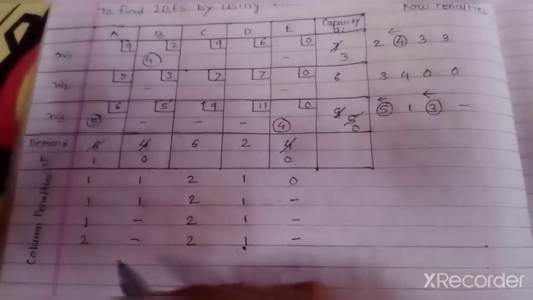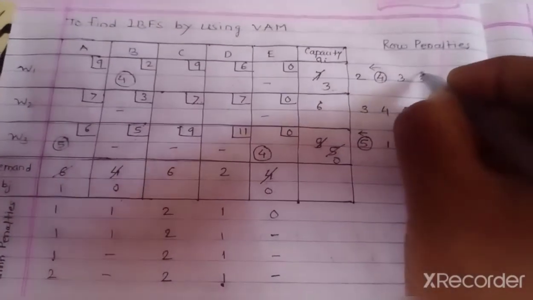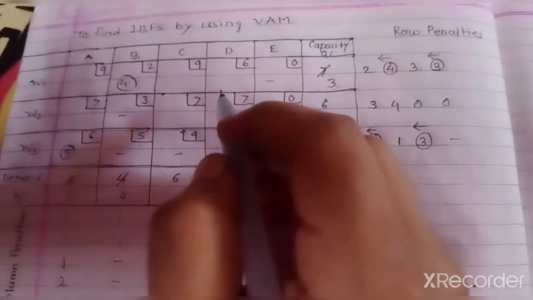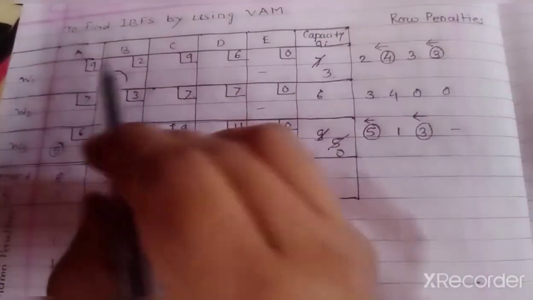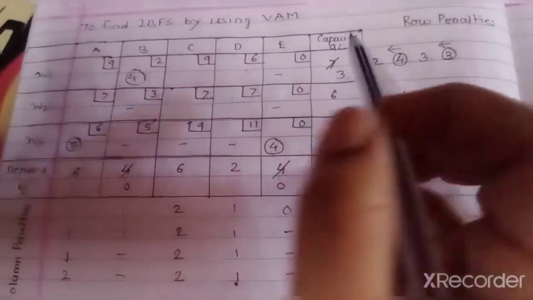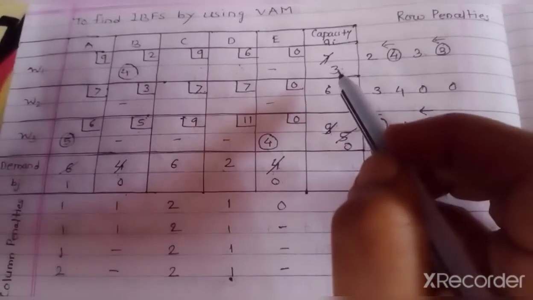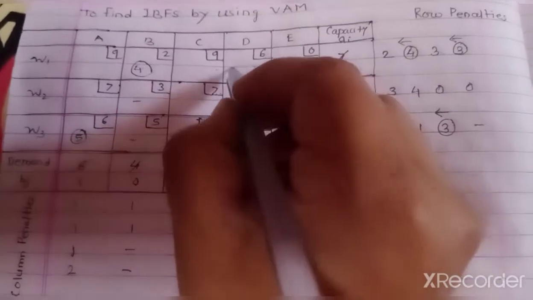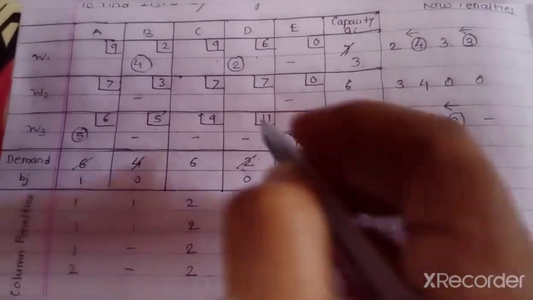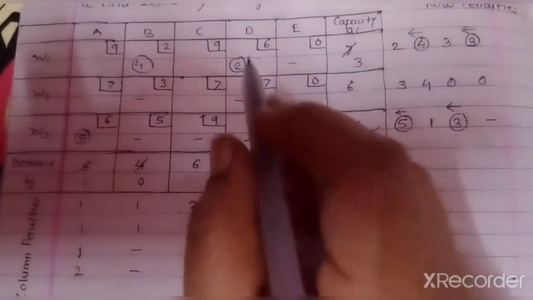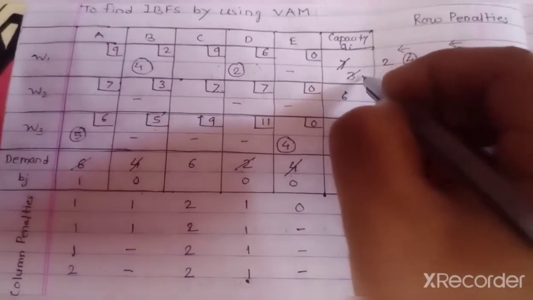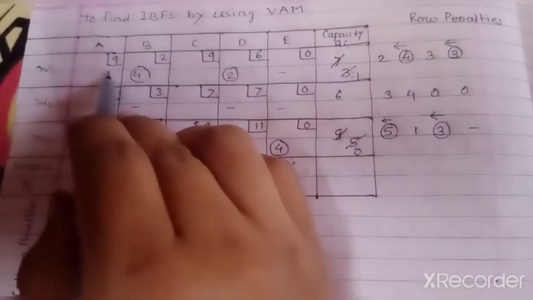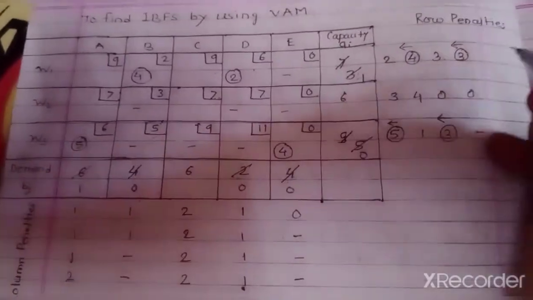Among all the penalties, 3 is the maximum, so we choose this penalty, and from that penalty we get the row to fill the allocation. Among those entries the minimum is 6. See, the capacity is 3 and the demand is 2. From 3 and 2, the minimum is 2, so fill the 2 here. So 2 minus 2 is 0, so we write down 0 and here a dash. At the same time, we subtract the 2 from the 3, so there remains 1. Again follow the same procedure. The least cost is 9, next least cost is 9, difference between them is 0.